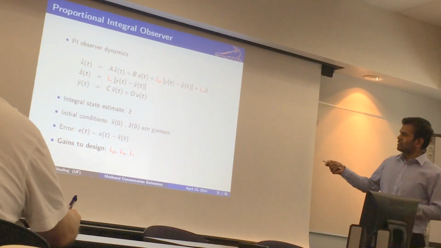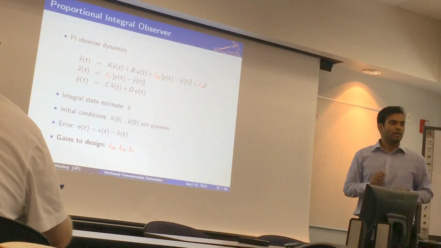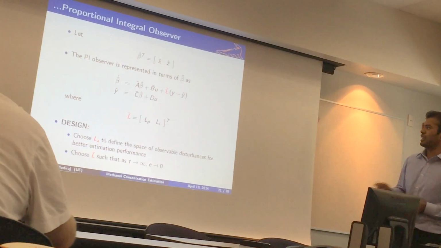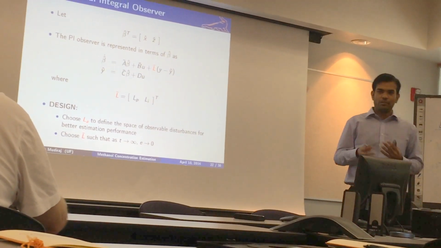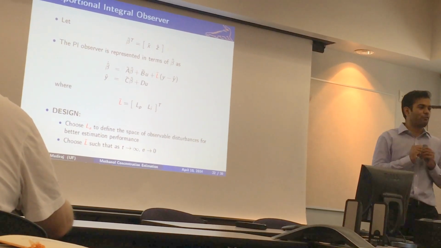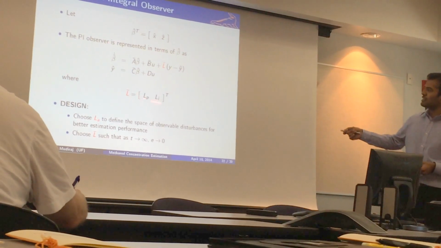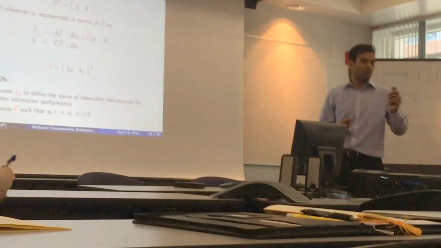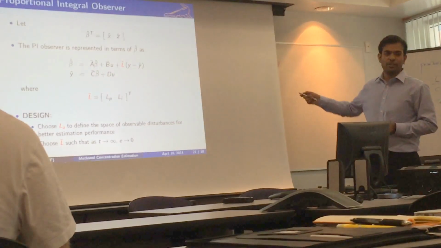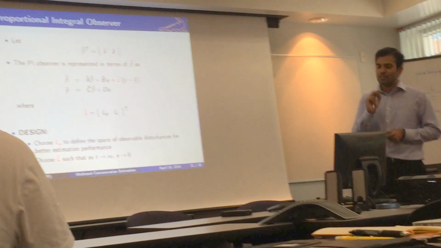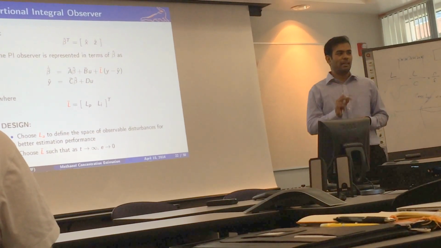So these equations don't look familiar, do they? Let me play a trick here by defining a new augmented state beta, which is an augmented vector of x and z, and rewrite my equations in terms of beta. And you can see we get these equations. And these are the exact same equations as that of Luenberger observer, with just one gain matrix to define. But there is a catch here. This A is a function of LA.